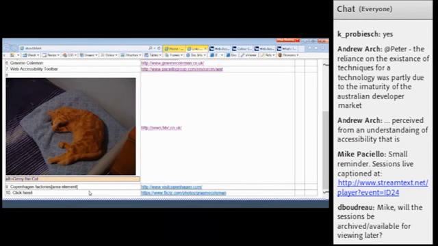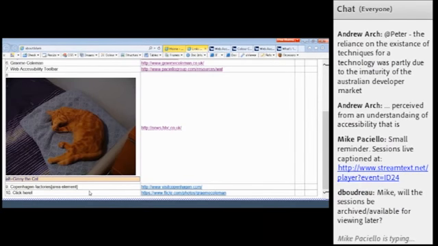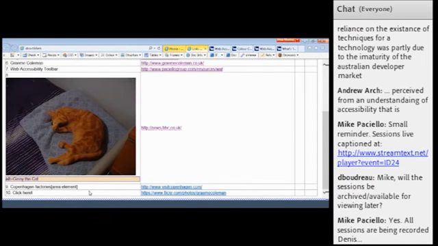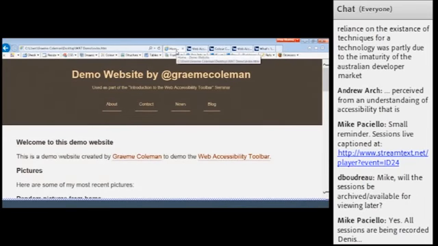items on the page. So if we concentrate on the main navigation menu here, it's showing me that the UL unordered list element has been correctly applied to the navigation menu, and it's also showing me that the individual list elements, the HTML list elements, are being used to mark up each of the items within the navigation menu.